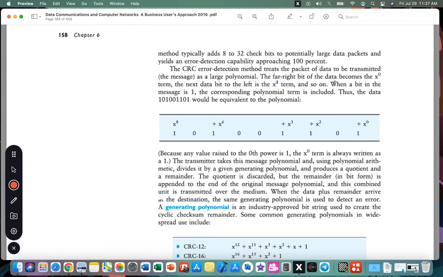When a bit in the message is 1, the corresponding polynomial term is included. Thus, the data 1, 0, 1, 0, 0, 1, 1, 0, 1 would be equivalent to the polynomial